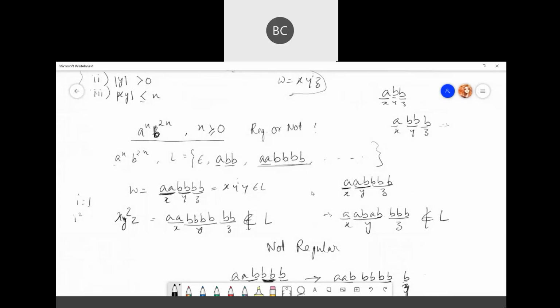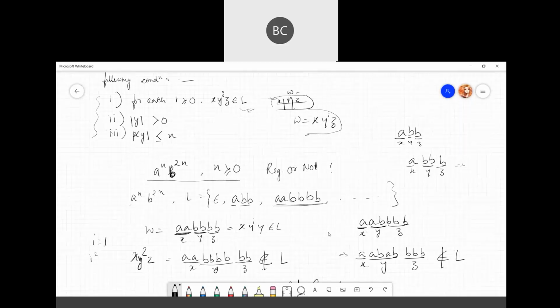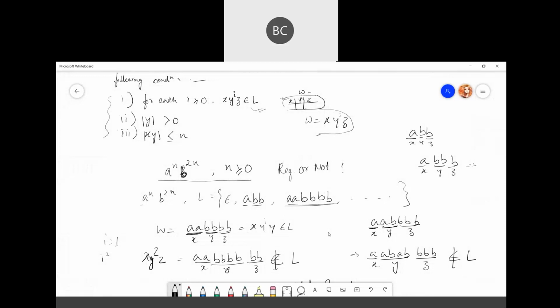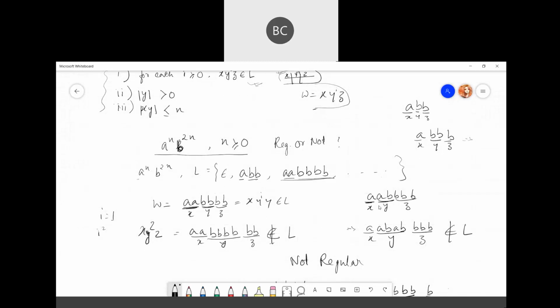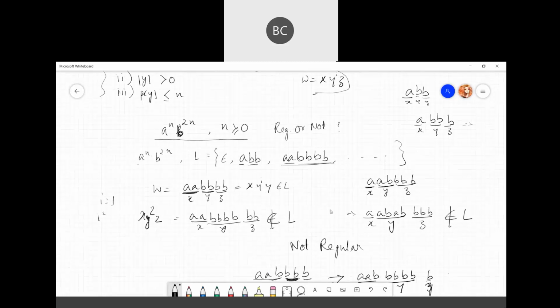If it passed the pumping lemma, meaning it is part of the language, then you cannot say whether the language is regular or not regular. It is undecidable. If it passes the lemma, you cannot decide whether it is regular or not. Only when it fails the test can you say it is not regular. We are not checking whether the language is regular. We are checking whether the language is not regular. So it's a negative test.